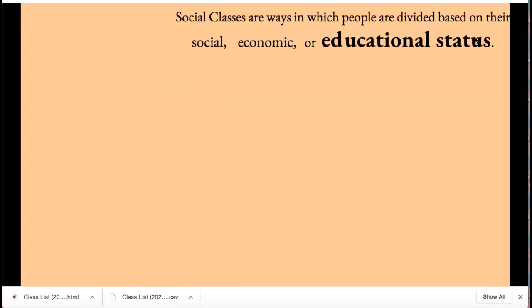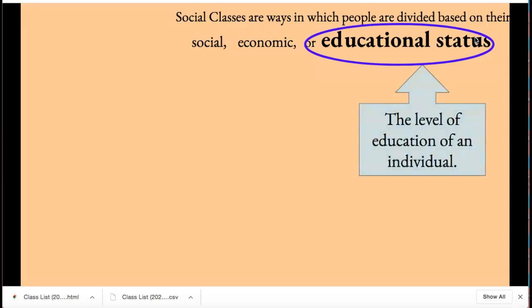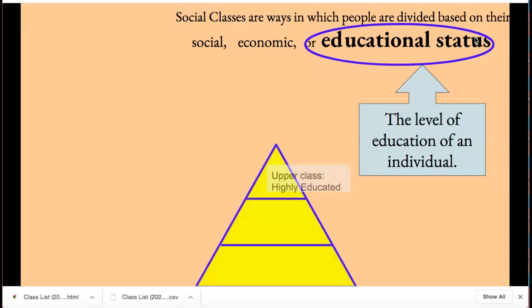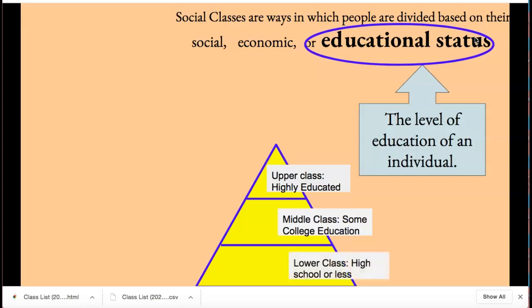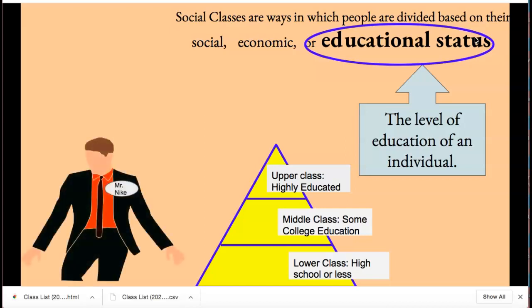All right, based on the social class definition, let's take a look at the educational status. What does that mean? That means the level of education of an individual. So when we take a look at the social class pyramid, upper class means you're highly educated. That means you have a master's degree, a doctor's degree, and you have multiple degrees. Middle class is you have some education, some college education. Then lower class is high school or less. And when we take a look at Mr. Nike,